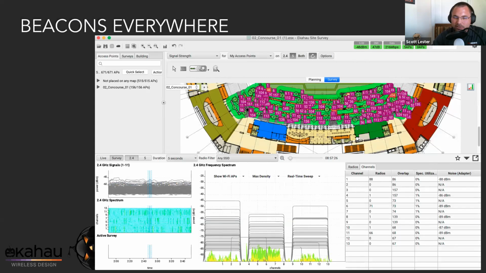Yeah, and it brings up an interesting point as well, right? When we're talking about stadium design, a lot of people are used to a typical deployment where they're going to have 2, 3, sometimes even 4 or 5 SSIDs, right? And we're adding beacons every time we add an SSID. In a stadium environment, airtime is our most precious resource. We need to get people on and off as quickly as we can. So the last thing we want is a large number of SSIDs broadcast, because the more beacons that have to be broadcast, the less airtime we have for actual client data to transmit across the air.